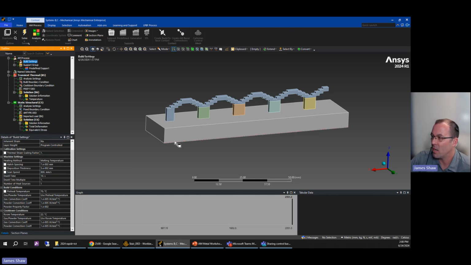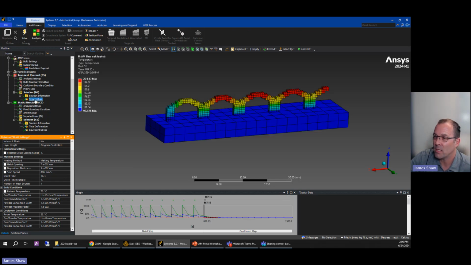You can see we've got a big gray bed here at the bottom. We're able to control what its temperature is and ultimately how it's going to be supported. You can see that we have a yellow, blue, orange, and green support, and we'll remove those supports during the separation process. So we've got this pre-solved for the sake of time, so we can take a look at the